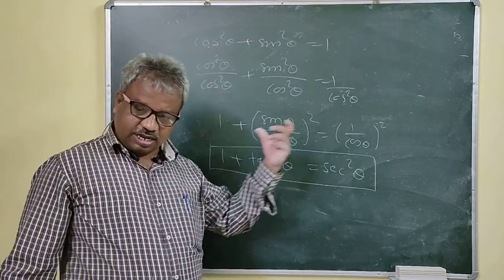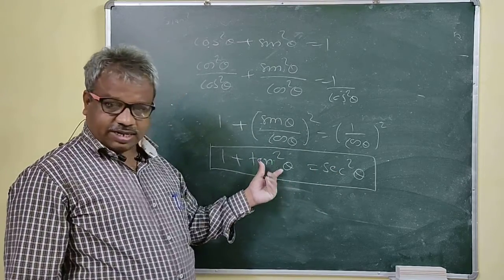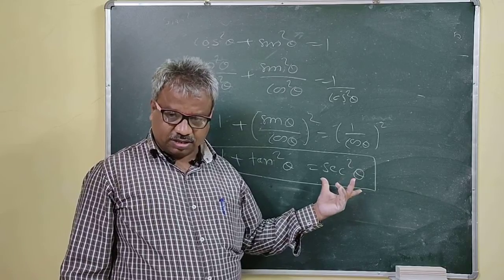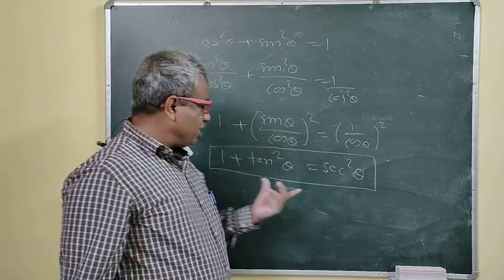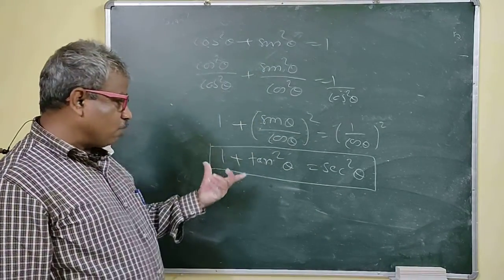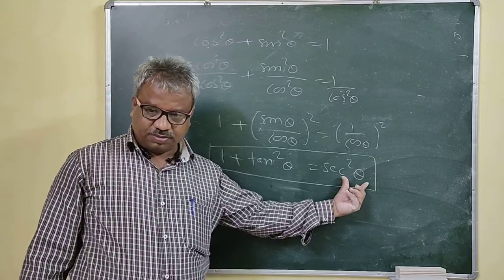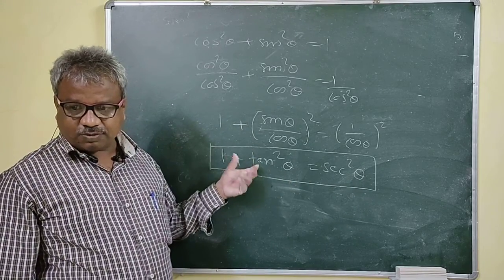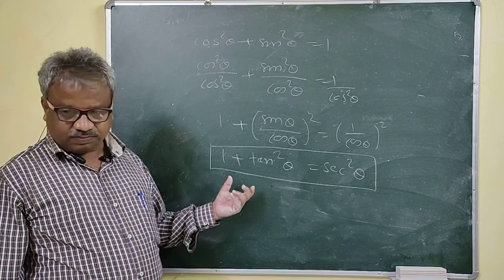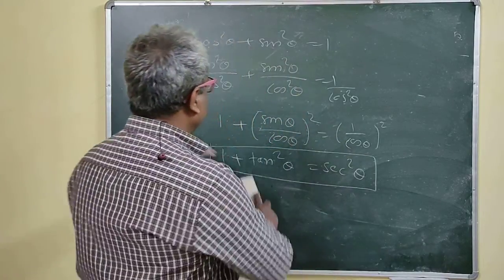So you can express sec square theta in terms of tan theta, and you can express tan theta in terms of sec theta also. If you want tan theta, take the square root of sec square theta minus 1. And sec theta is also square root of 1 plus tan square theta. You can apply this somewhere here. See the power of trigonometry now. Here two terms are there, and these two terms are expressed in terms of one term only. So trigonometry can express two terms in terms of a single term, or a single term in terms of two terms also. If you want to increase the terms, you can do it like this. This is the power of trigonometry.